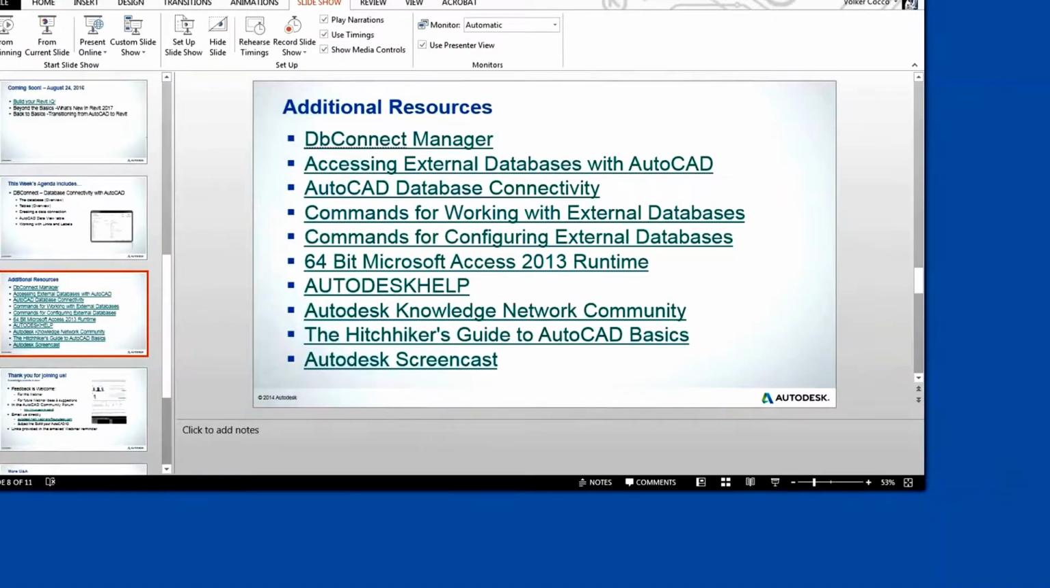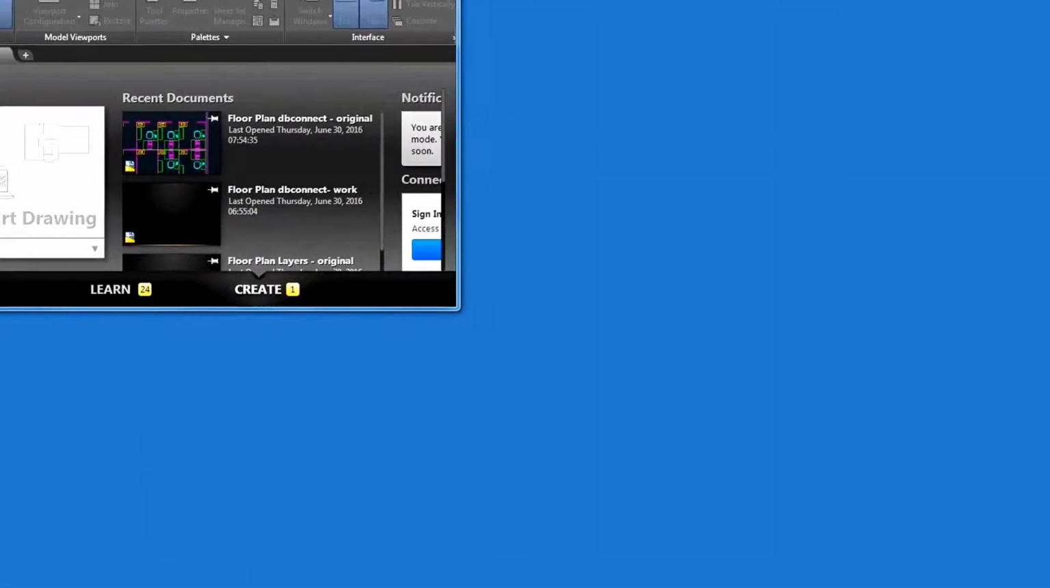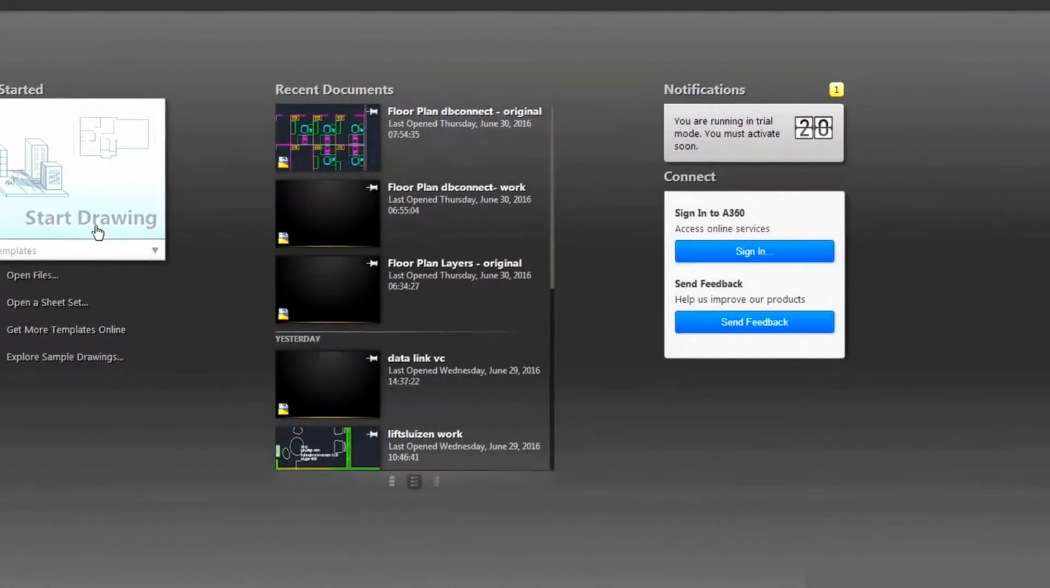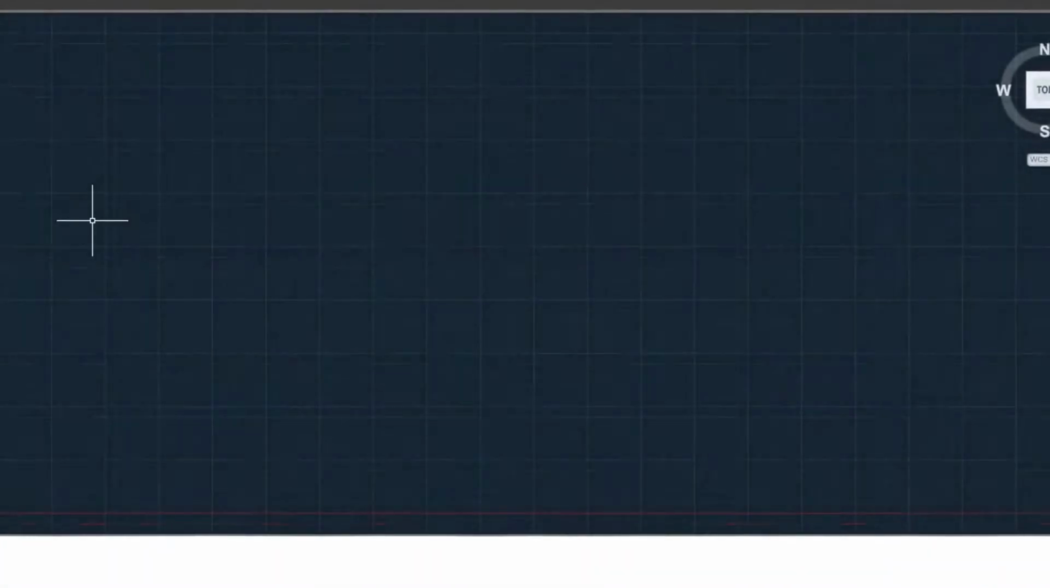Let's go ahead and take a look at the AutoCAD environment real quick. And let's go ahead and maximize this. There we go. All right, so DB Connect, like I said earlier, is a utility that was